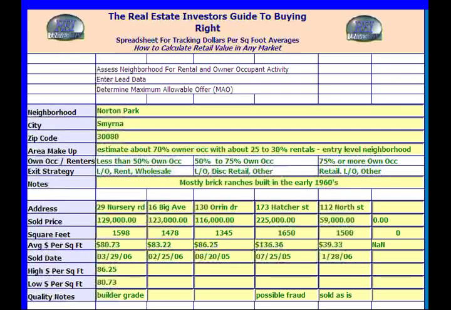In this video, we're demonstrating the market data spreadsheet and showing you how to calculate a dollars per square foot average for any neighborhood that you're doing market research on. The first step to become familiar with the deals in a particular area is to do the market data research on that area so that you can know what the prices and values are, and for certain reasons I prefer to break that down to a dollars per square foot basis